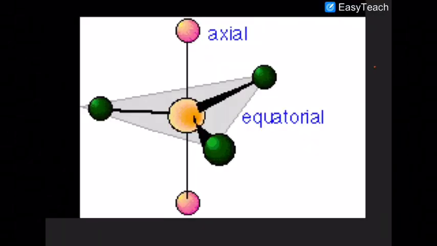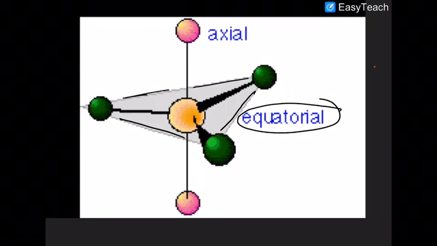But now there are 2 types of bonds. Look at that. In the case of PCl5, there are 2 types of bonds. The bonds which are present on the triangular base, okay, they are called equatorial bonds. 3 chlorines are at equatorial positions. On the 3 corners of the triangle, 3 chlorines are present in PCl5. These 3 chlorines are called equatorial chlorines. And 1 chlorine is present above the plane, the second chlorine is present below the plane. These chlorines are called axial.